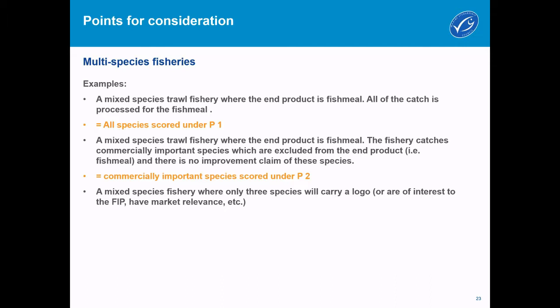And then if you have a mixed species fishery where only 3 species will carry the logo, or 3 species are the species against which the claim is made, or your FIP is focused on those 3 species, then those 3 species will be assessed under P1 and all the others under P2. And I guess it's worth reiterating that this is our interpretation of how